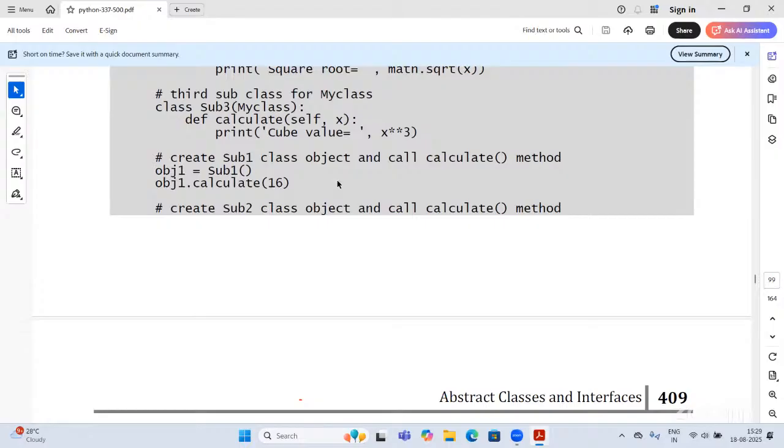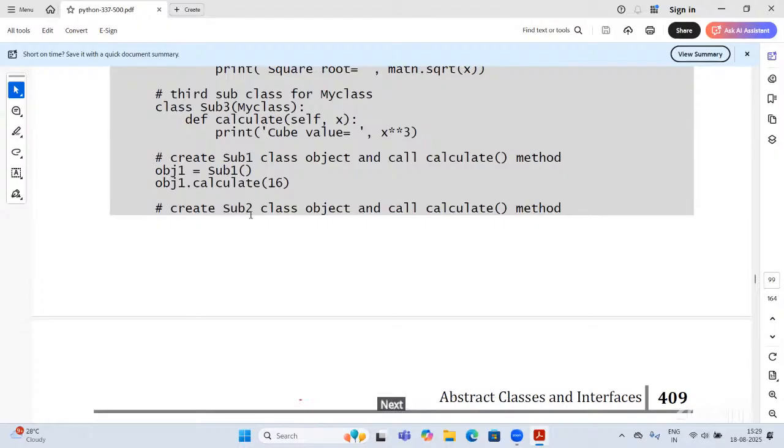Create an object, obj1 is an instance of subclass 1, and with the reference of the object, just call the calculate method: obj1 = Sub1() and obj1.calculate(16).